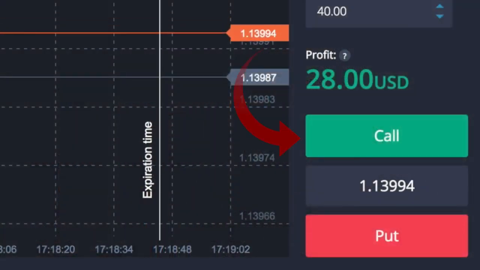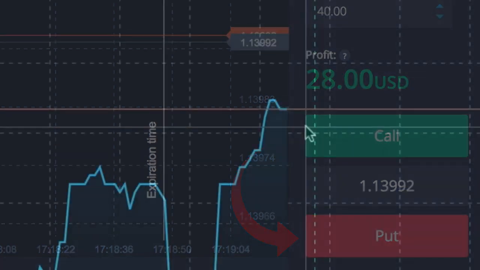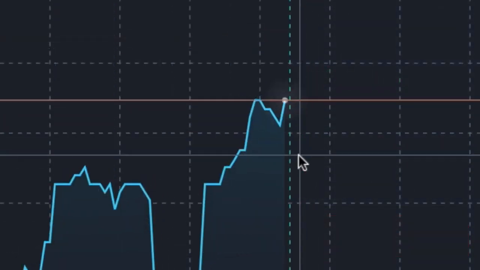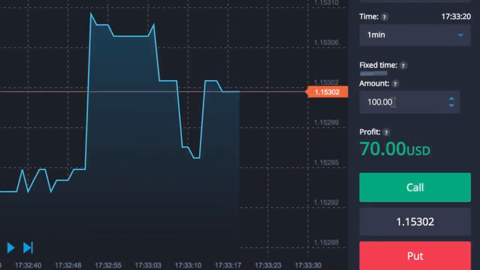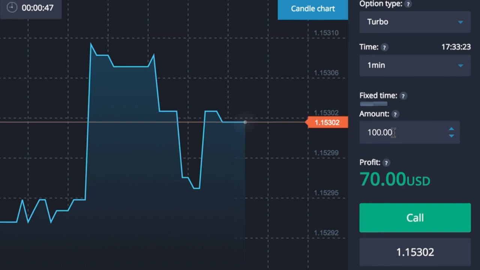All you have to do is decide if a currency will go up or down in a certain period of time. And every correct prediction will bring you a profit. So suppose you do a $100 trade at a return of 70% profit. In just 60 seconds, you could make back $70 in just one single minute. But how do you know if it will go up or down? And how do you make sure that you don't lose money and you always stay consistently profitable? That's why I've created my own working strategy that I want to show you guys right now with some live